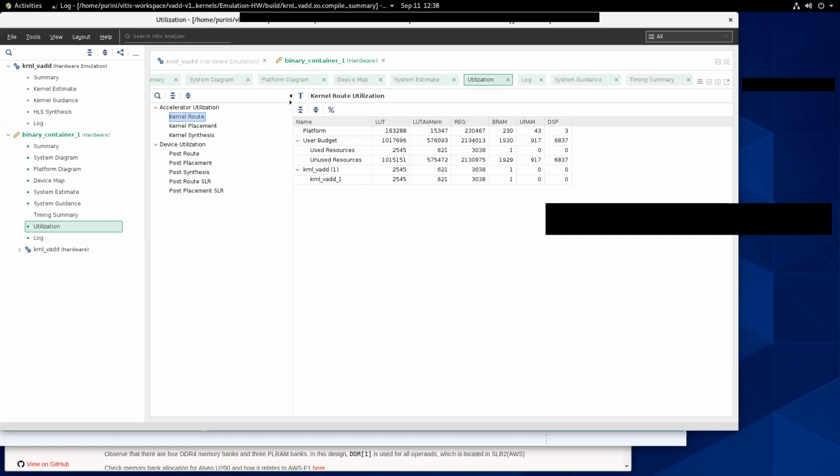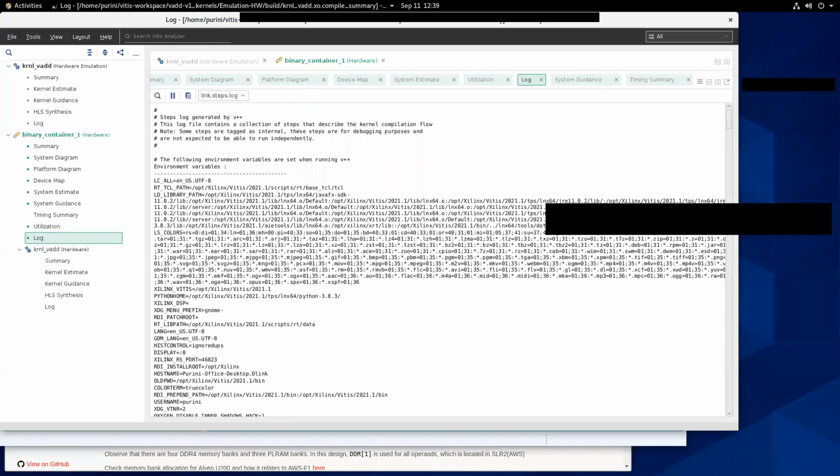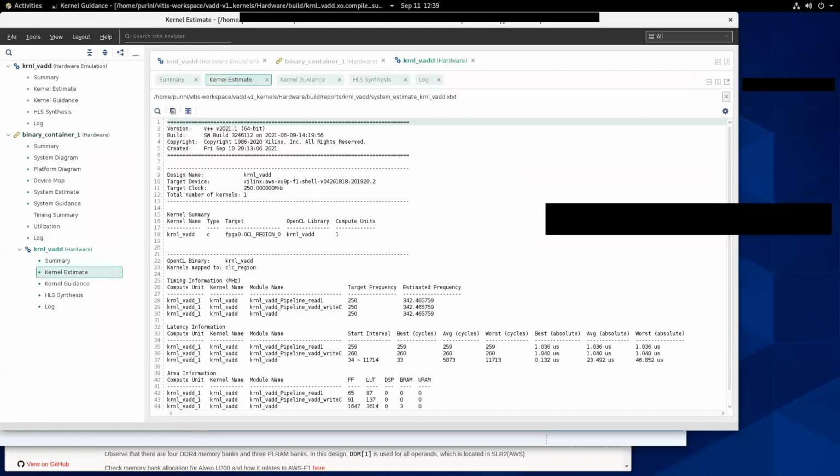So we need to put in a lot of effort to optimize designs for applications which are memory bound. Keep that in mind. It's a very important thing that the compute intensity is 1:3, 1 compute for 3 memory operations. So vector addition is a very memory bound application. Let's continue.